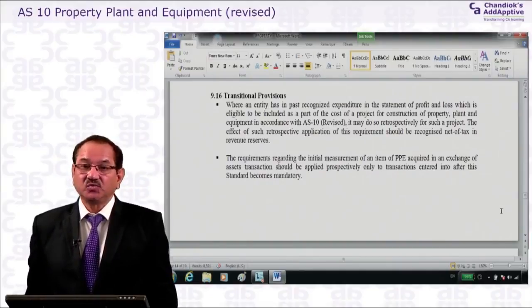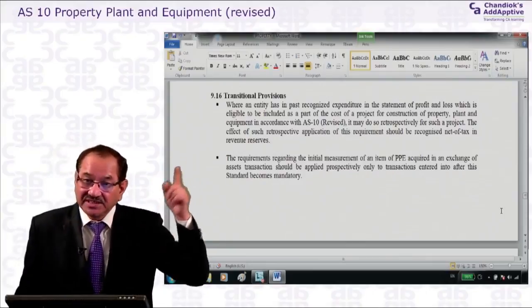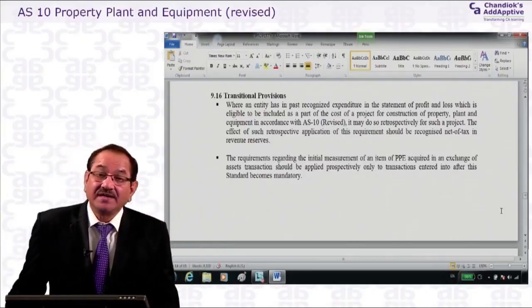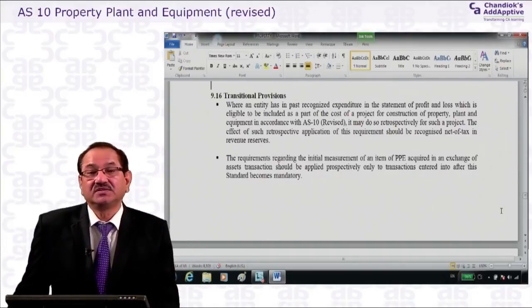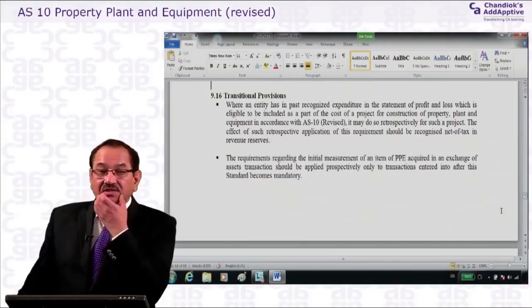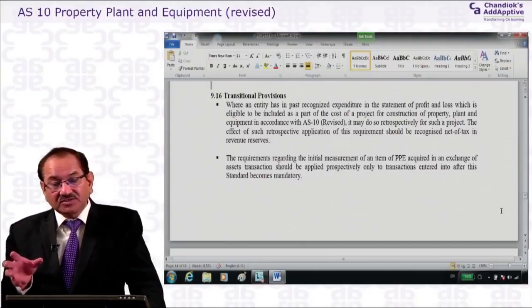Now I say that you can do it, but do it retrospectively. In the year it was done, you add it, provide a depreciation accordingly, compute it, and disclose it. It says that, but the effect of this you will put,